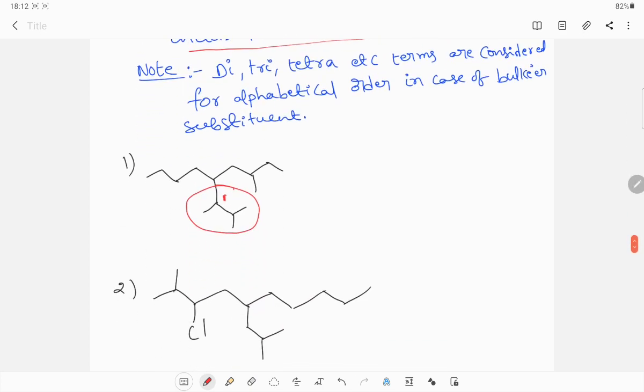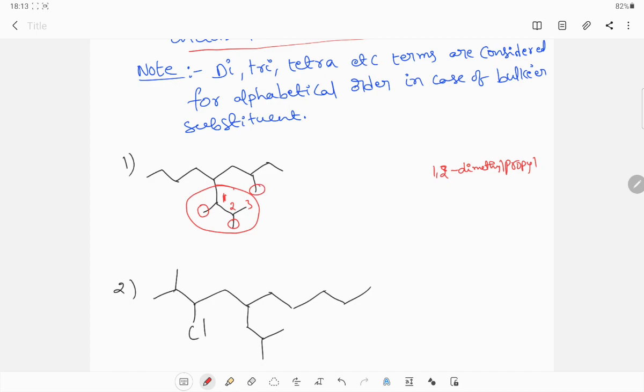Okay, now I am going to give names of these compounds. Now look here. First I will give the numbering for the complex one, 1, 2, 3. This is the longest chain in the complex substituent. In this, the first position and second position have methyl groups. So that's why 1,2-dimethyl propyl. This is the complex substituent name. Now the other substituent is a methyl group.